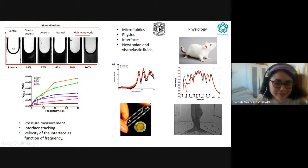This is not a result that can be published or anything, because it was just one sample, but it was the moment that we could fuse all the things that we already had done and try to see if something happened with blood and frequency. And at the end, I would like to